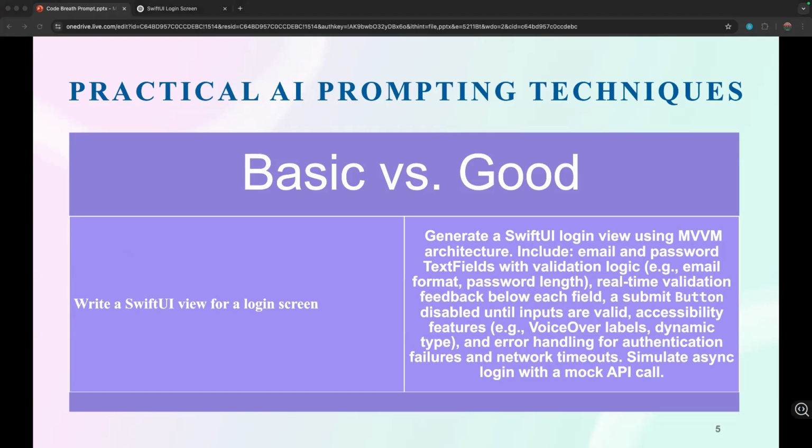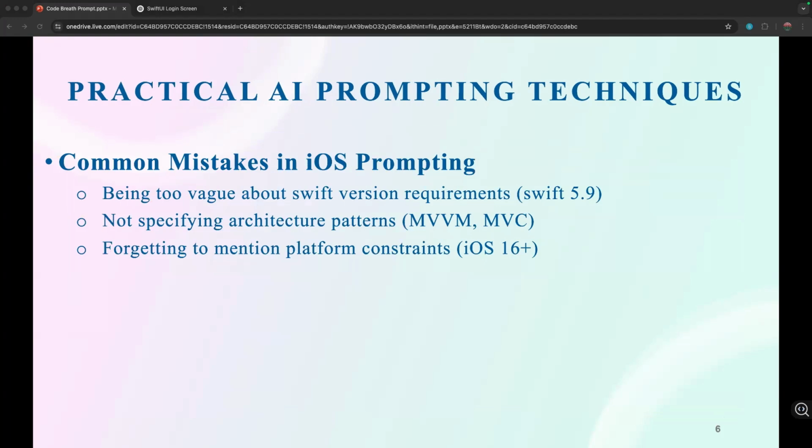Next, these are the common mistakes we have faced recently. When I started, sometimes LLM models would give answers for previous Swift versions, but we are using Swift 6. In that case we will not get async await, and the LLM model will provide results using dispatch queue or something else.